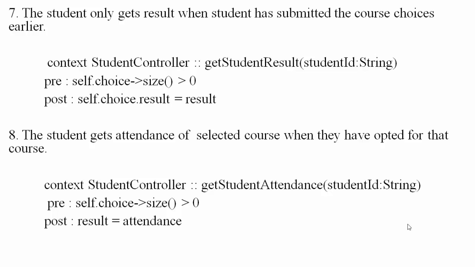Seventh, the student only gets result when student has submitted the course choices earlier. So it would be in context of student controller, and get student result method will be chosen. Our precondition should be choices of courses should be greater than 0. If they have opted for any course, then only post condition will be able to view